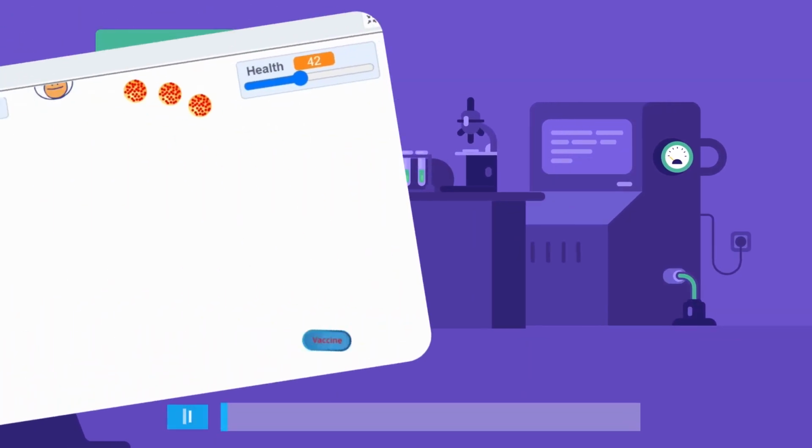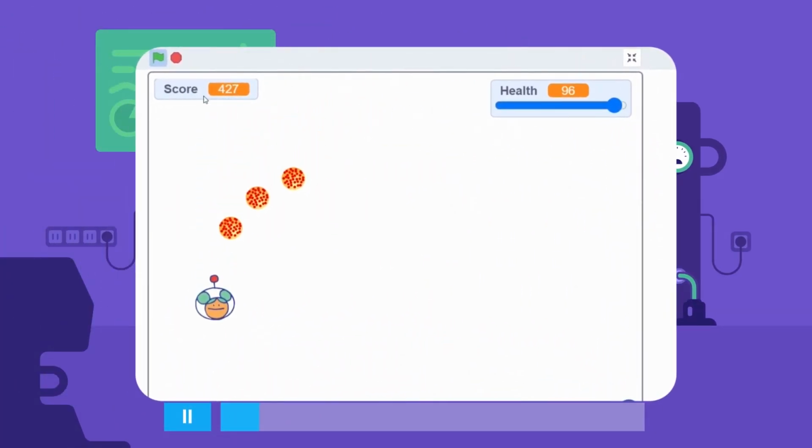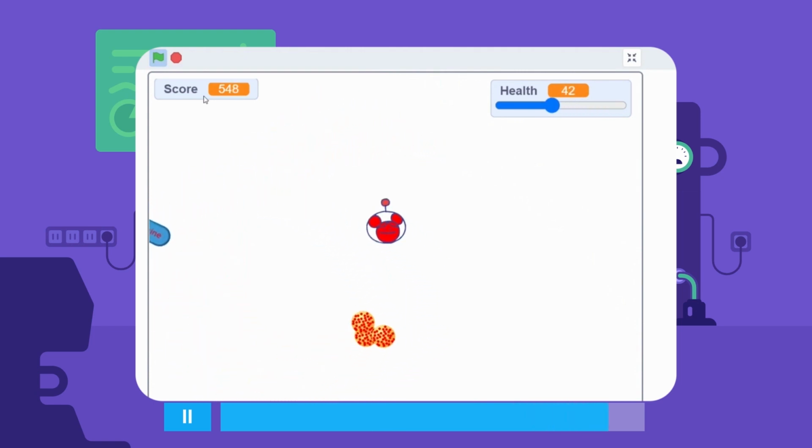Let's see a quick demo of what we are going to make. Our main character is the Robo Warrior and we have to save it from any virus attacks. The more time we survive the game, the higher our score will be. So our goal is to get the vaccine before the virus gets to us. The vaccine slows down the infection and every time we touch the virus, we get infected faster. We will be totally infected if our health becomes zero and the game will be over.